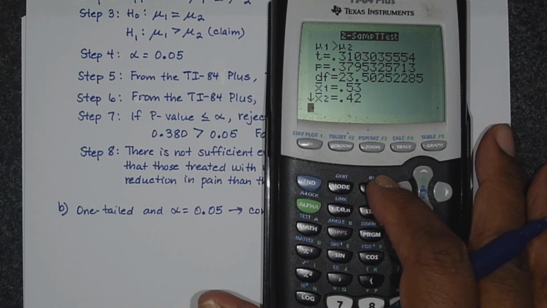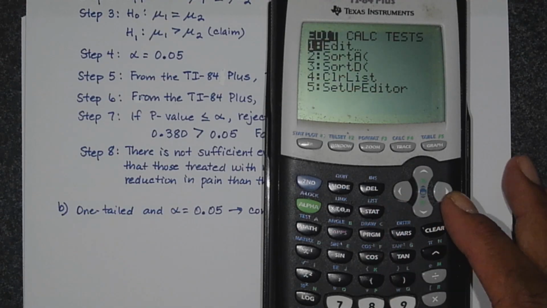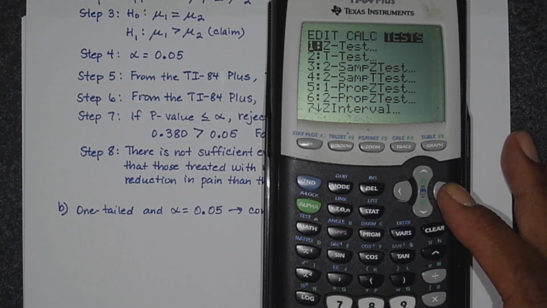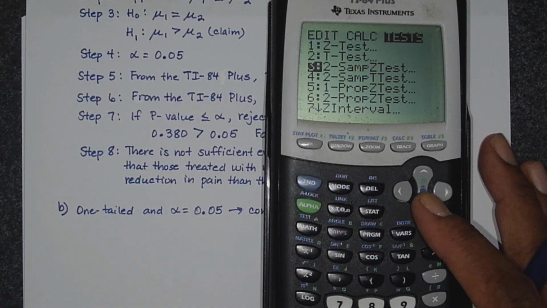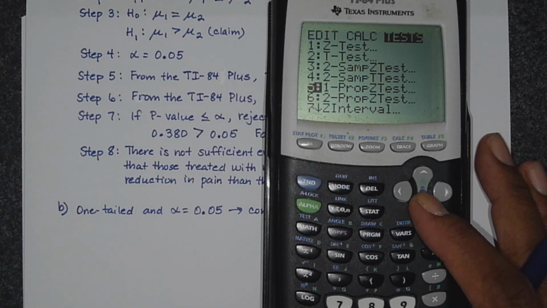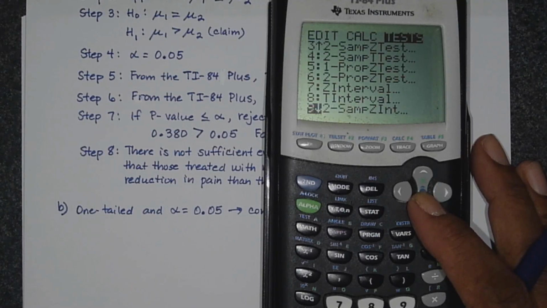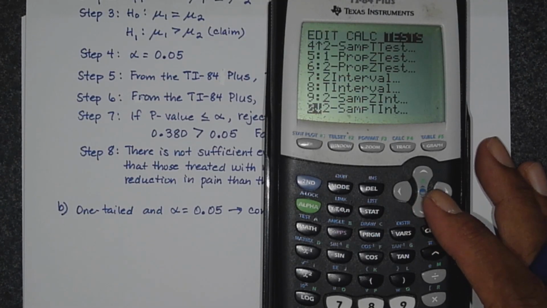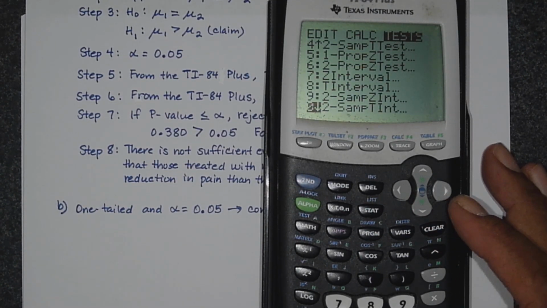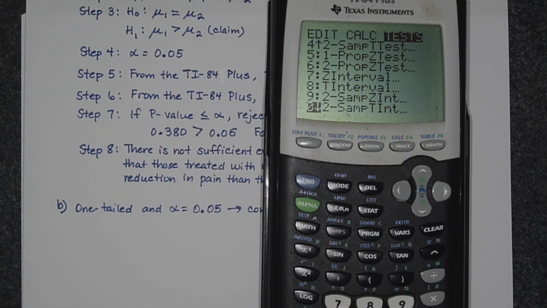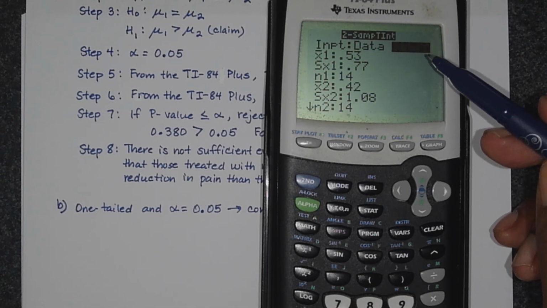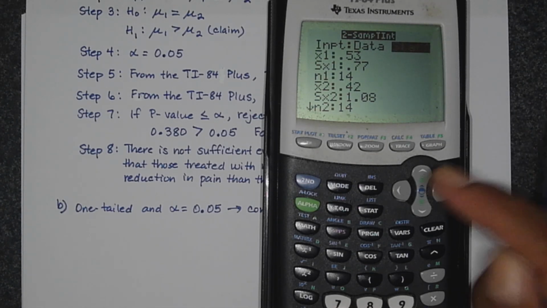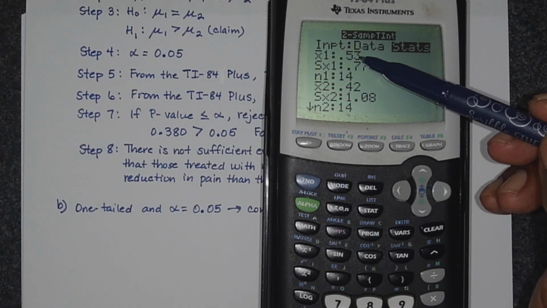So in this case here, I'm going to press the stat key, go over to tests. Now here we're going to do 2-samp t-interval. So we have to press that down arrow key to find that 2-samp t-interval. Okay, and then press enter. All right, stats should always be highlighted since we're dealing with summary statistics here. X1 bar is